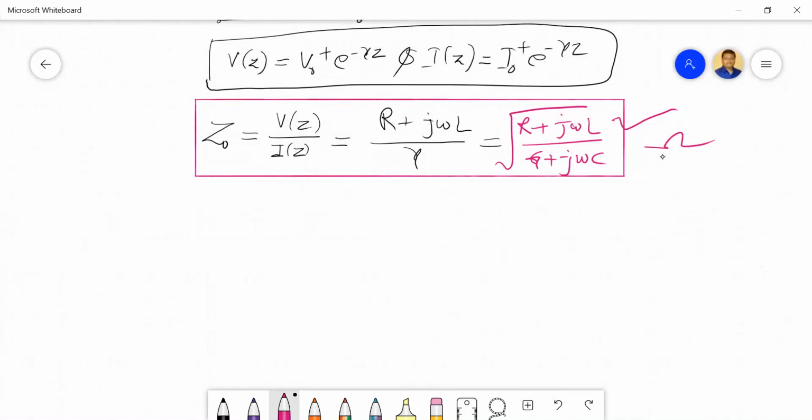Finally, for the transmission line, if somebody asks you what the characteristics of the transmission line are, you can immediately answer: the gamma and Z0. These are the two things, correct? Where so many things could be decided. Fine.